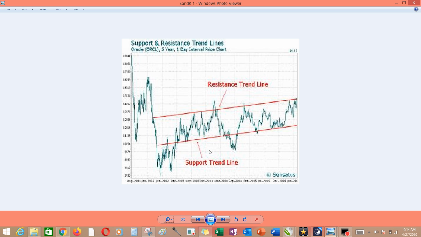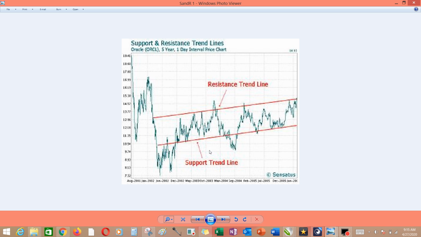What do we refer to as resistance and support? These are places where we usually have reversal in price action, which means if the price action is going up for a while, it will get to a stage called the resistance level, and if it respects it, you will see it turning back downward. The same thing happens to support. When the price action is going down continuously, it will get to a place called the support level. You will see it respecting that place if it is not broken.